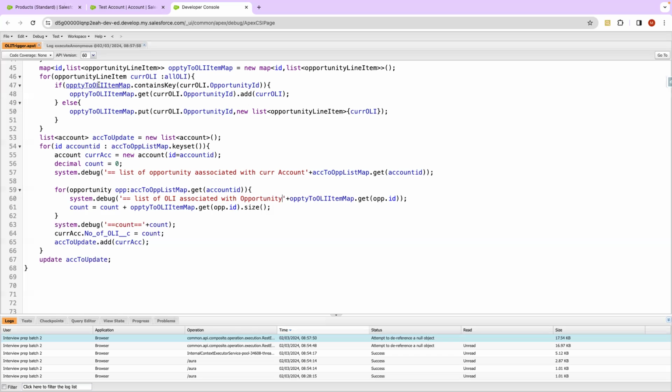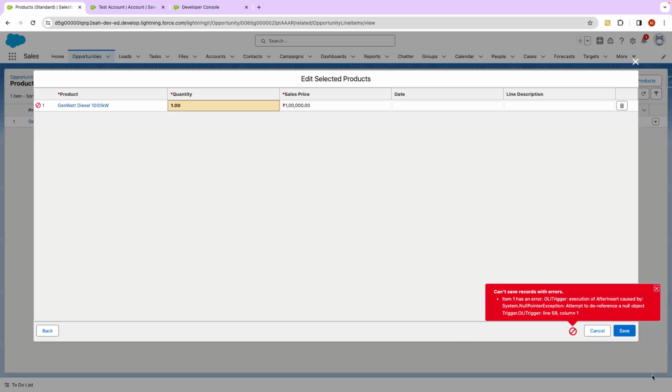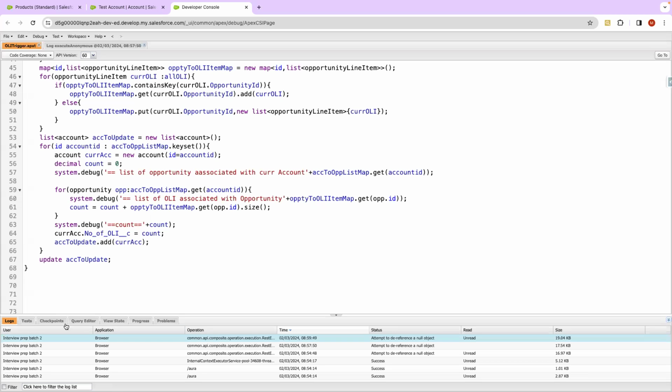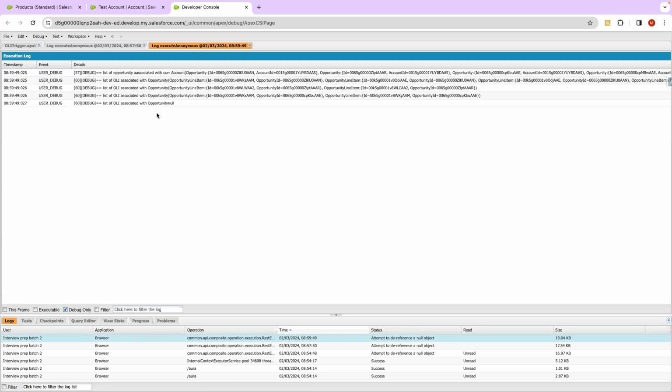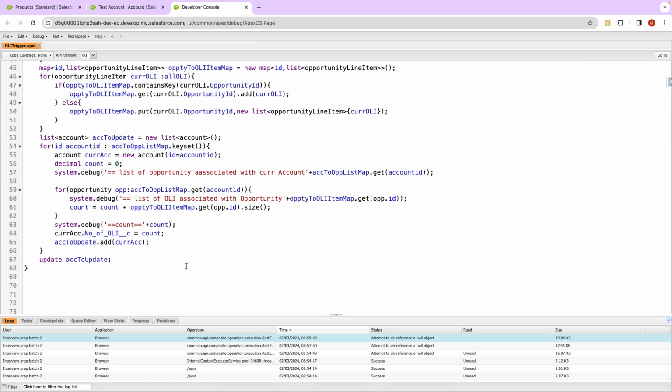ओके, ठीक है, अभी फिर से चेक करते हैं। इस मैप में कुछ नहीं आ रहा होगा, then we will debug this map further। अभी लाइन 61, that means हमारा यहीं पे एरर है। ठीक है, let's check it। ठीक है, क्योंकि लिस्ट ऑफ ओएलआई एसोसिएटेड विद अपॉर्चुनिटी नल है। हमने कोड लिख दिया, हमारा कोड सही है, but अगर उसको ऐसी कोई अपॉर्चुनिटी मिल गई जिसका कोई ओएलआई है ही नहीं, तो वो यहाँ पे जा करके हमें नल पॉइंटर दे देगी। या तो इसको रन जब करें तो सारी अपॉर्चुनिटीज ऐसी हो जिनके पास एटलीस्ट एक ओएलआई आइटम हो। अगर नहीं होगा तो यहाँ पे वो हमें नल पॉइंटर दे देगा।